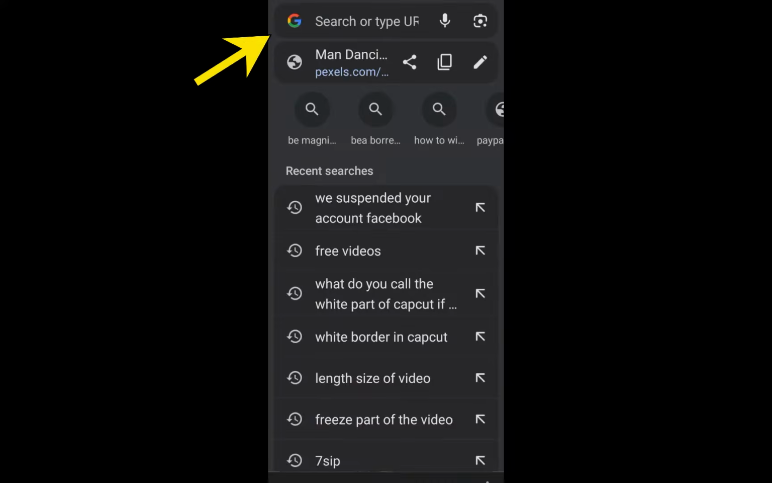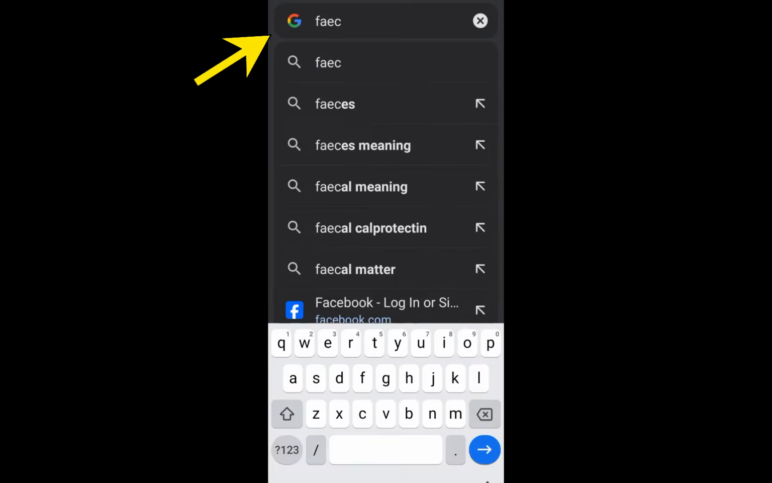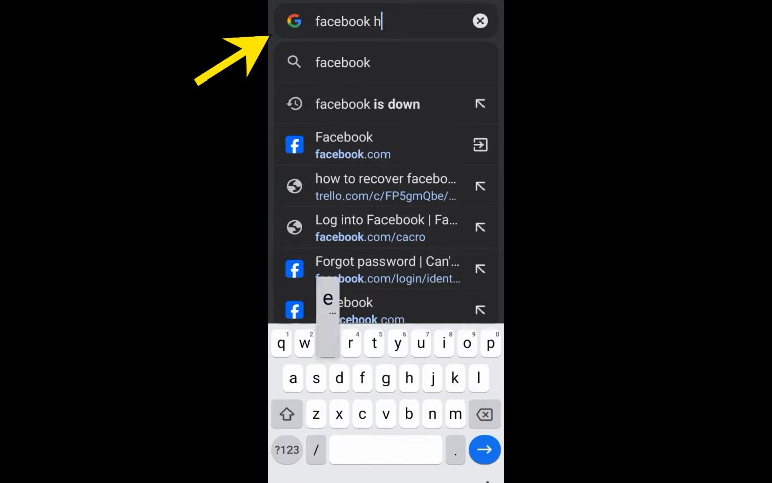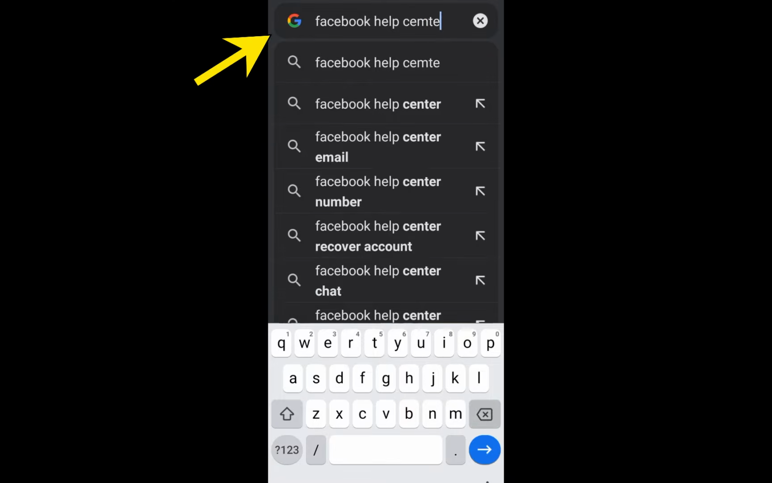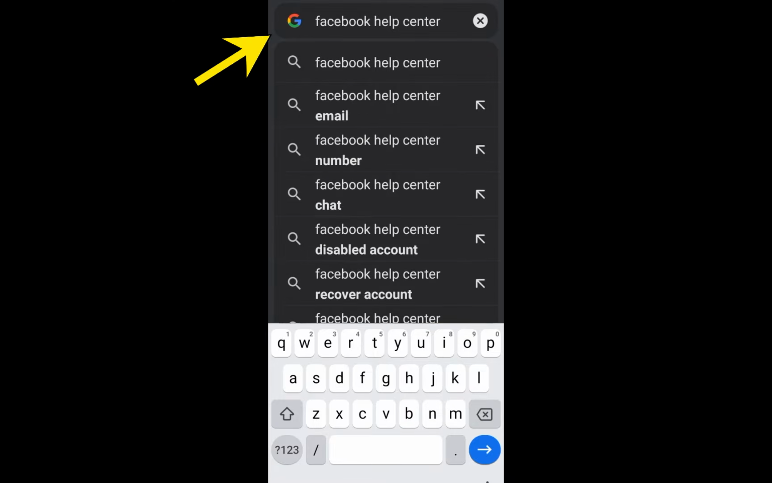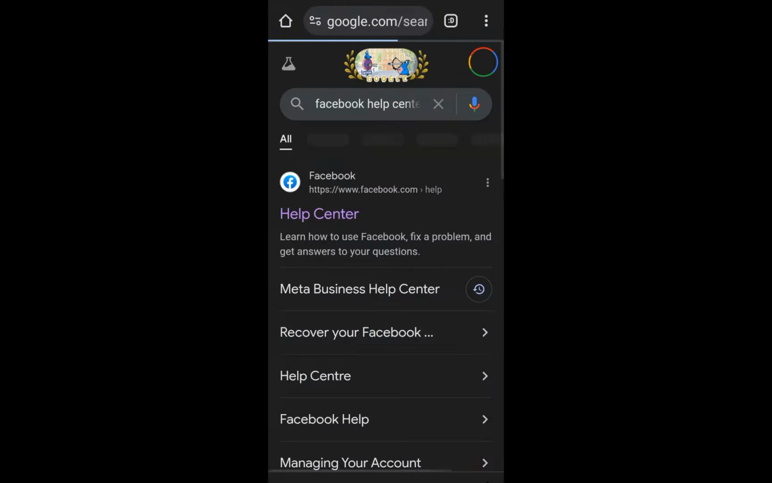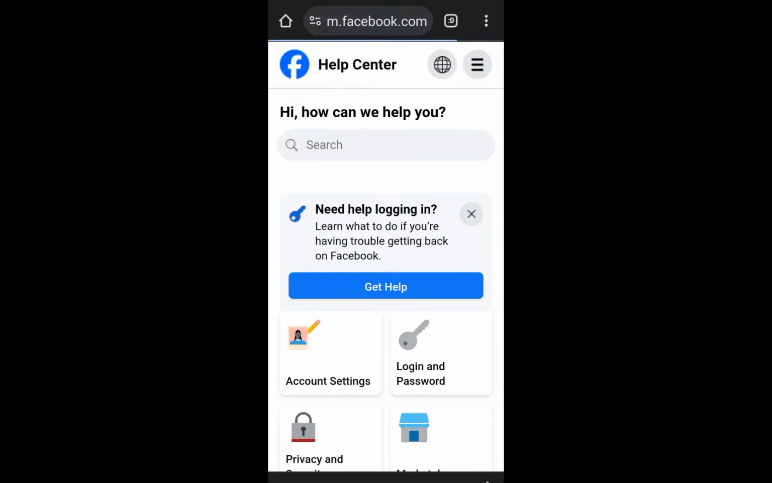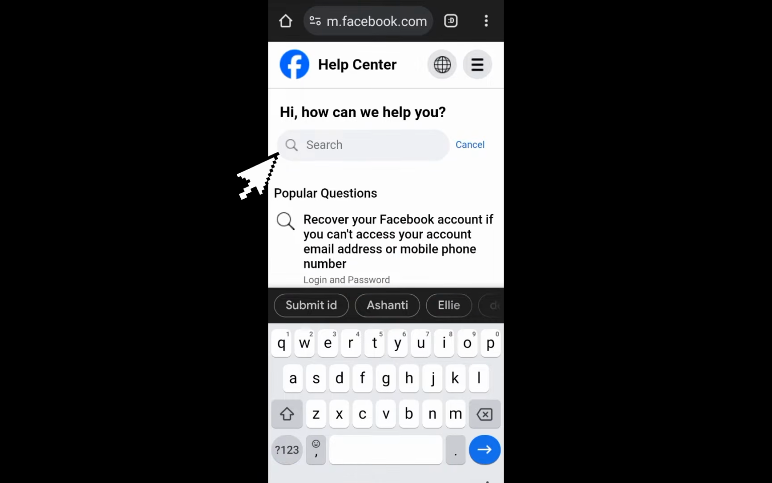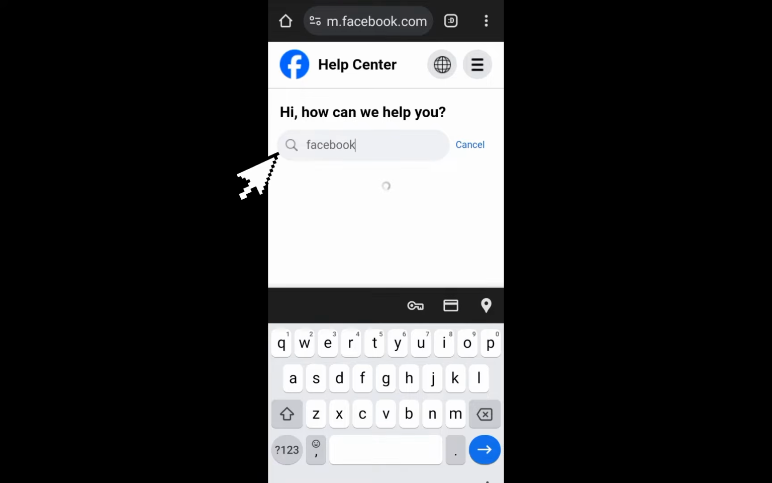For this case, we have to use a mobile phone, go to any web browser, and type Facebook Help Center. Then click the very first link that you can see here. Once you tap this, click the first one, Help Center. Then they will let you read some instructions and information and reasons why it happened to your account. So basically, you can simply go to the search icon right here